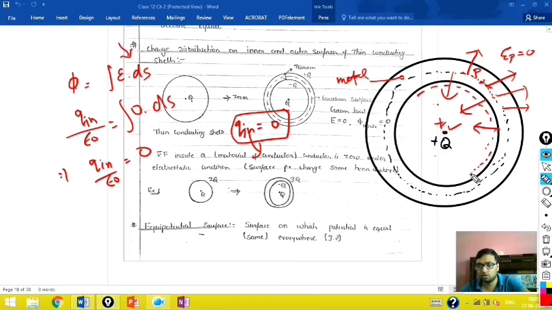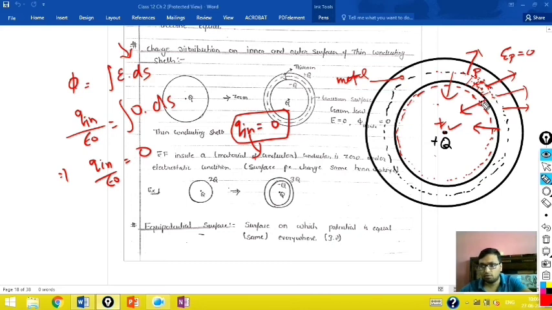Why on this surface? Because charge always needs material on which it can stay. You may say, sir, inside this shaded part, inside the dotted part, we have this much material also, so you can provide charge here too. But I cannot provide it there, because inside the material it cannot exist. Why it cannot exist inside the material, I have explained to you in chapter number 1. So all charge will come to the surface only, and here it will come.